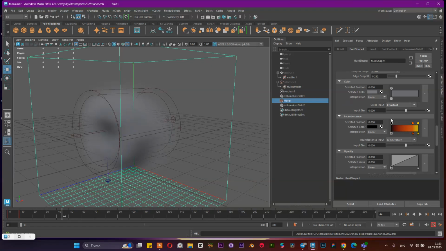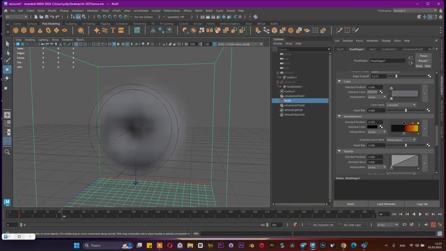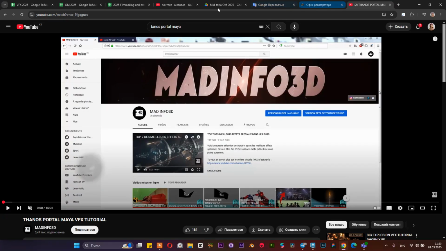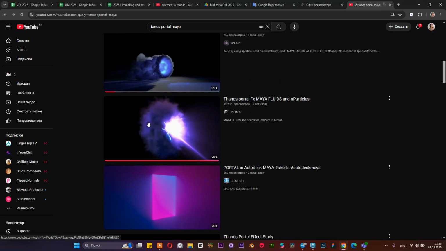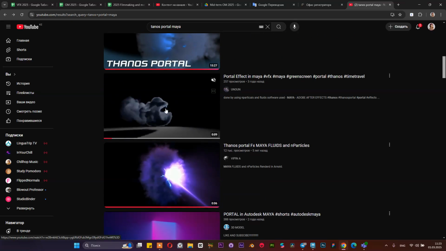It's according to your feelings. And we are going to use some incandescence, and we can change these incandescence colors and use some gradient in the center. Like in the reference, we already see inside of this portal effect we have the blue light,